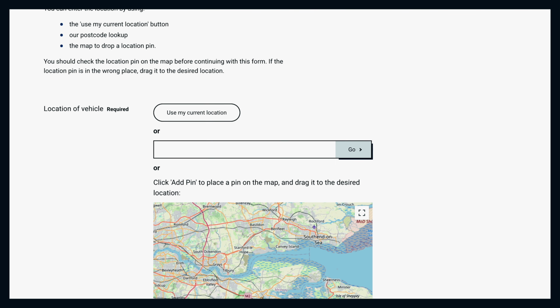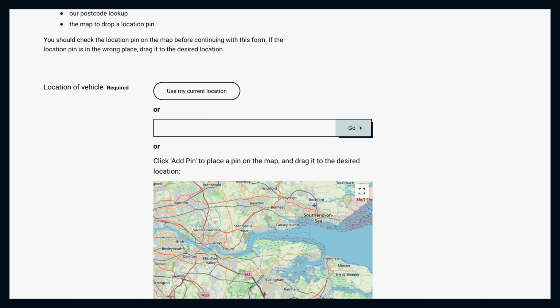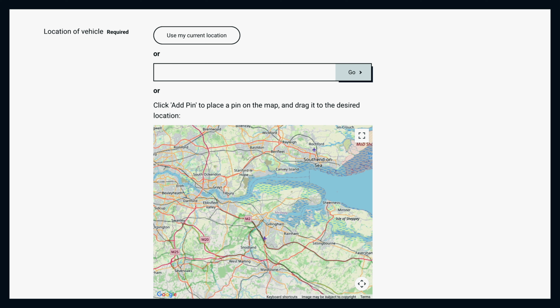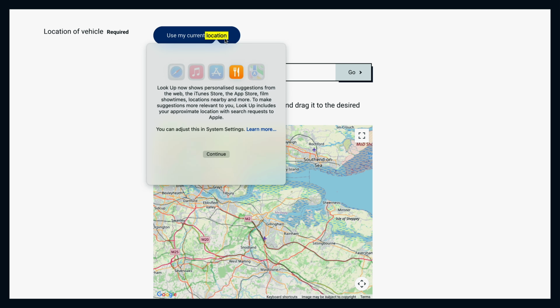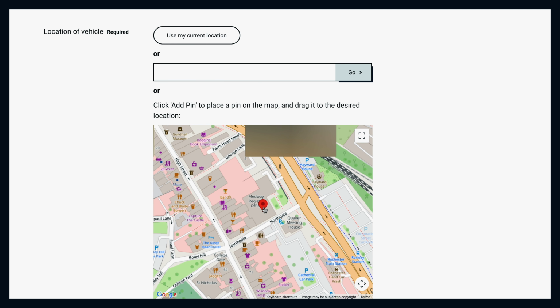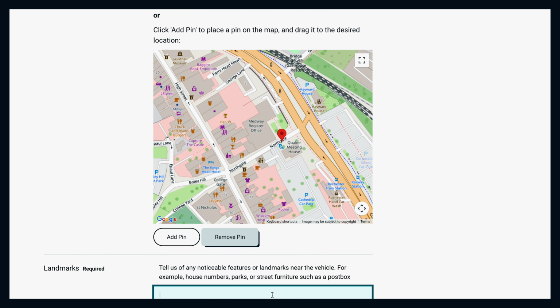service pattern. The first thing that a resident will see when they're going to use a report it form is where is it? And this will be using the component that comes out of the box from the forms package, which is you can use my current location, drop a pin, or put in the postcode. I don't know what the postcode is here. Hopefully the Wi-Fi is going to help. There we go. So I can move the pin, provide additional information about landmarks,